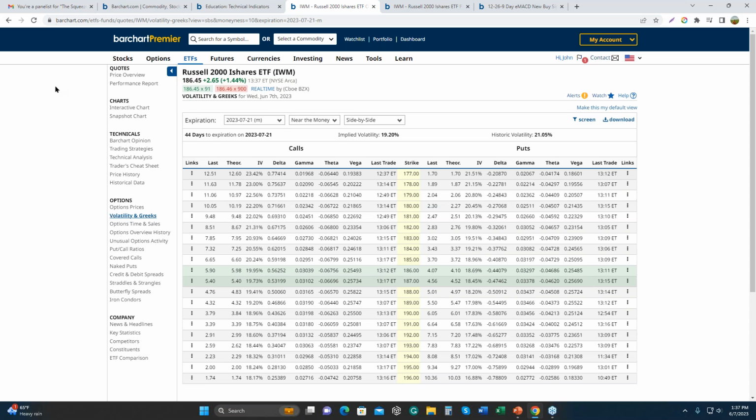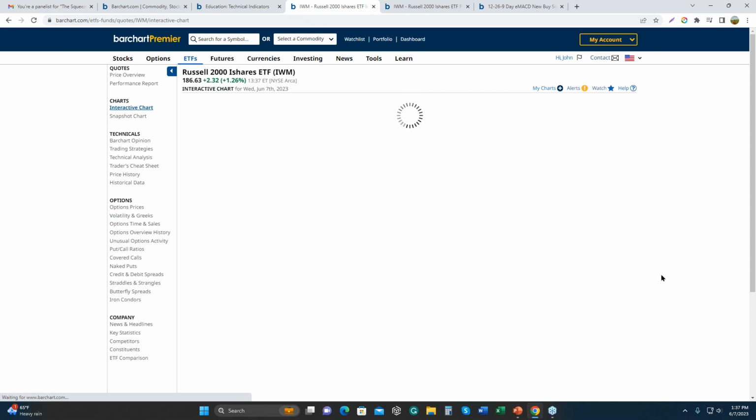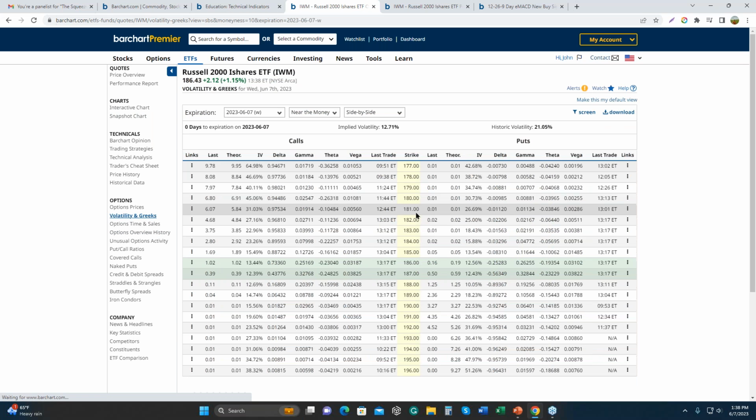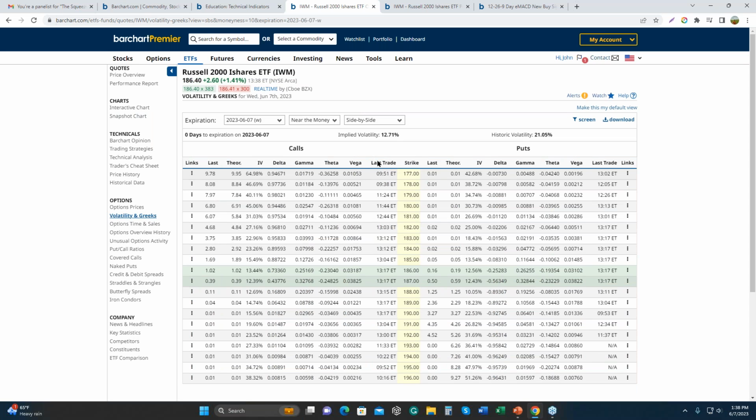Now, when we put this trade on, we got that signal back here in the IWM. That was on this day here, and we can see that the IWM was trading 179.50. So we're going to look for a strike at a much lower value based on where the current price was at that time. But let's think about this. If I go to a lower strike and I have one of these higher deltas, for instance,